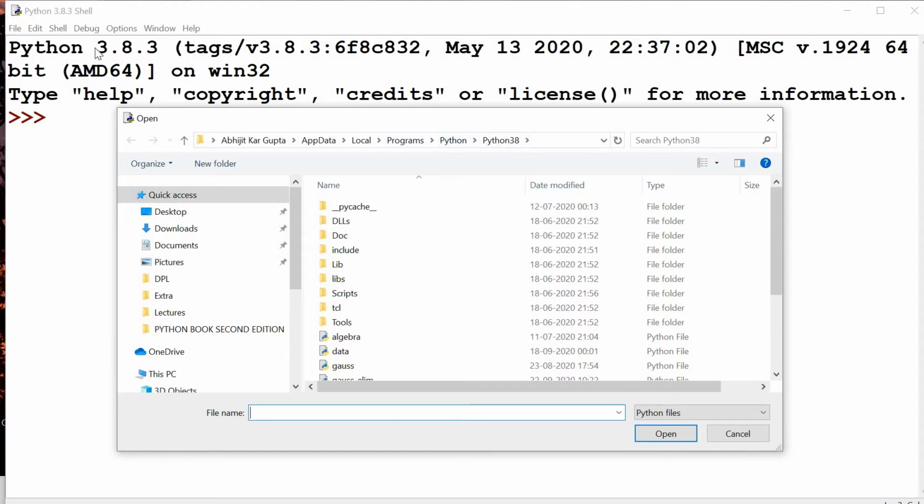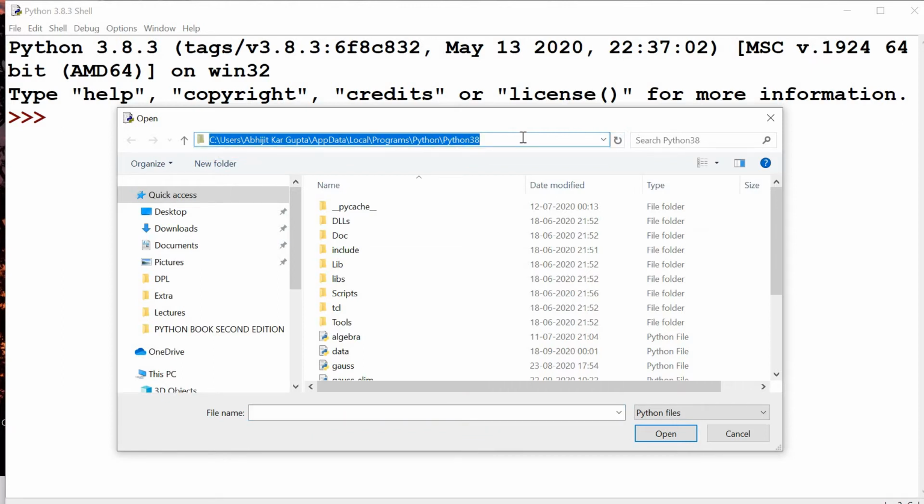That means since I have installed Python 3.8.3, you can see here. So the Python 38 directory is created under Programs, under Local, under AppData, under my name, and then there will be C:, Users, etc., etc.